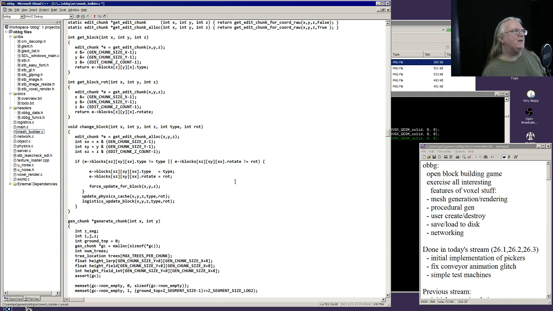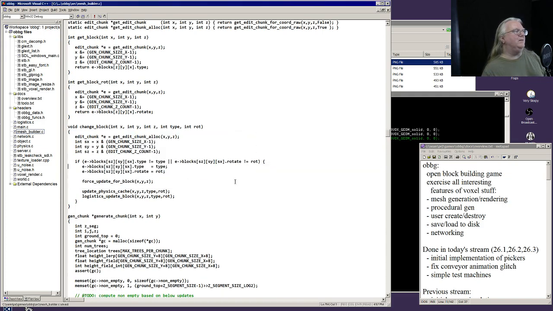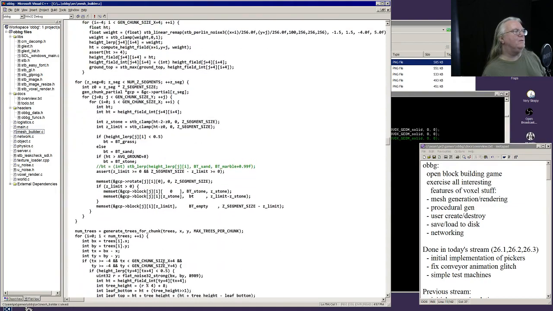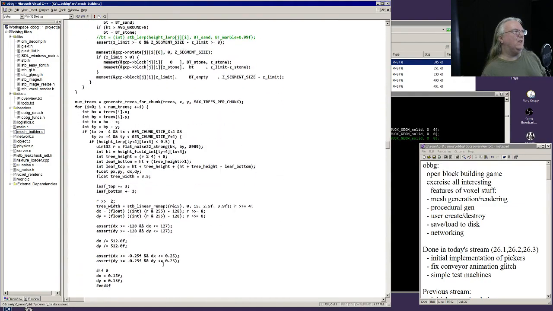And that happens in the background, so I can't just manually do it. So we actually have to. And generate chunk doesn't know whether it's getting used for physics or not. So